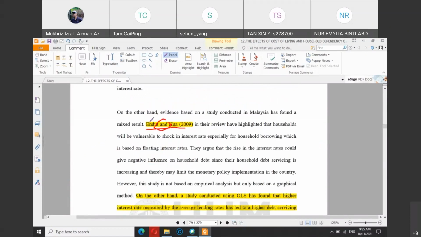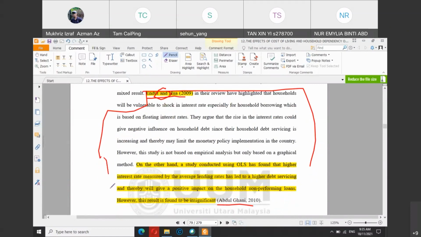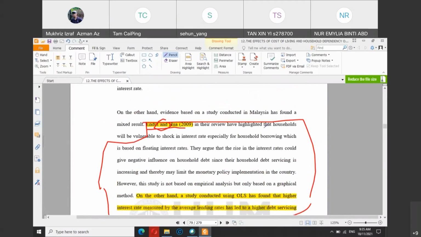So let's say you want to extract this information, take this paragraph and put it in your thesis, for example, Endut and Hua mentioned that they argue that the rise in interest rate could give a negative influence on household debt. The correct way is to open Endut and Hua, read the original article and see how you can paraphrase. You can rewrite the conclusion from Endut and Hua and put it in your own thesis.